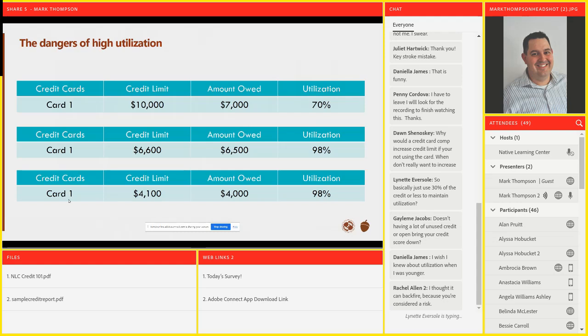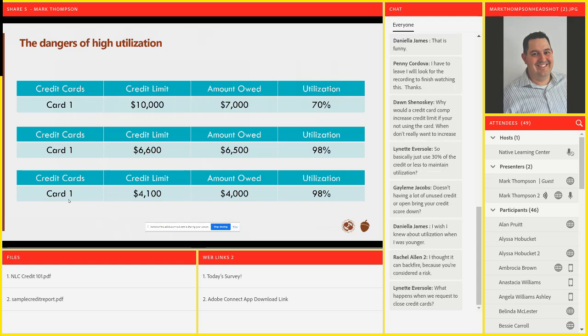If we go to this next example, anytime you close credit, especially when you owe money, that's going to increase your utilization. And that actually hurts your credit. It sounds counter-logical, right? It sounds like, hey, I'm doing the right thing. I'm reducing my credit that's out there, so I don't charge as much, and there's no risk that somebody can steal my credit. But what's actually happening is, according to the model, you're actually hurting yourself.